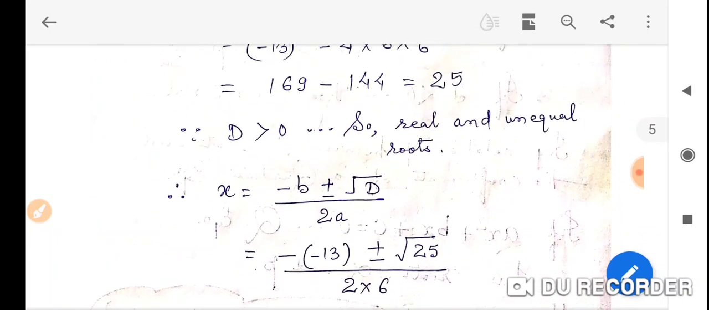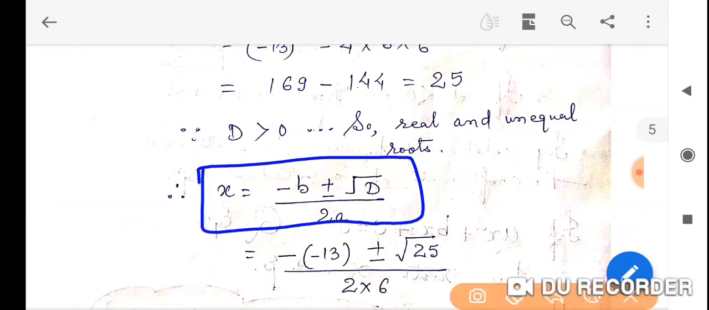Proceeding further, x is equals to minus b plus minus root d by 2a. This is the important quadratic formula. We have seen it earlier. Since we have real and unequal roots and the value of d is 25, whose square root is 5, substituting all the values, we will get